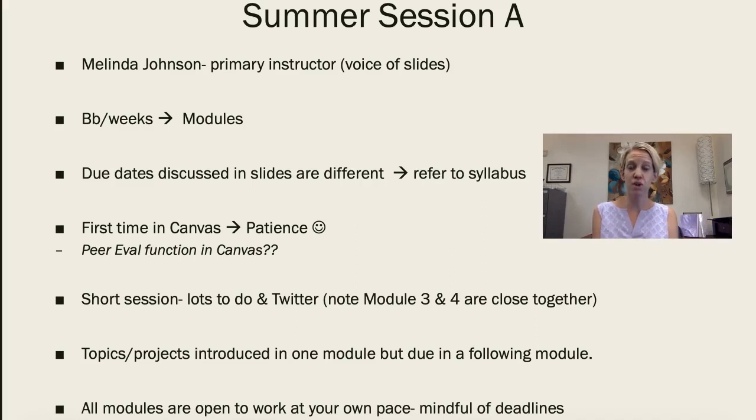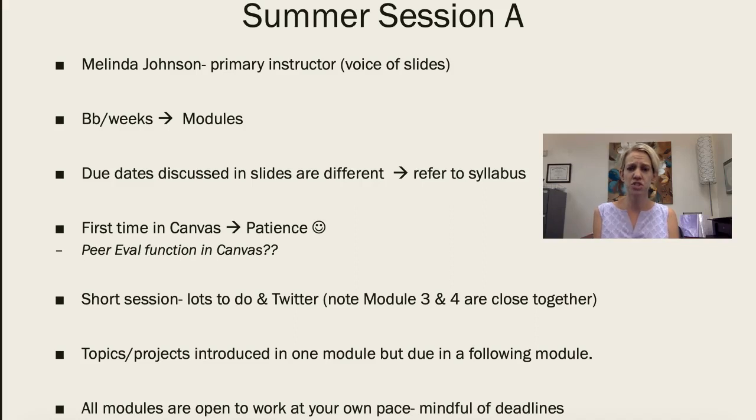And with that, her narration sometimes refers to weeks, and this goes back to Blackboard. As you are probably familiar with, we used to use Blackboard as our LMS, and we are now transitioning to Canvas. With that shift, sometimes some of the slides don't get updated in time to note that change. So when she talks about weeks in her slides, just know that the new terminology is now modules. If she says week 2, you just know that refers to module 2 moving forward.